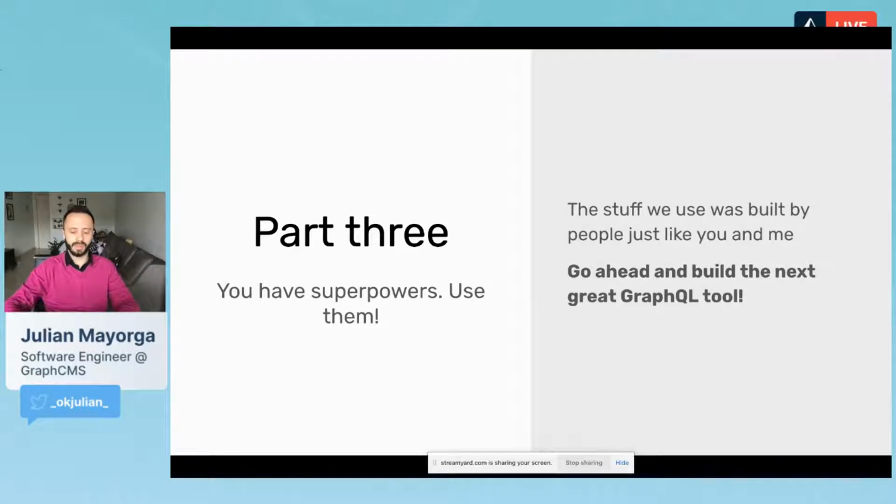I'm so glad to be using them day to day, but it's also so fun to create them. So I really want you to go ahead and build the next great or small GraphQL tool, because they really improve our day-to-day development experience. I'm so grateful for the people that do create them, and I really want you to be the next one.